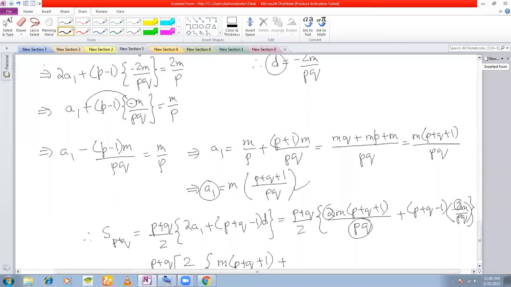Made a sign mistake. The small error that I have made here is this should be P minus 1. See here, this is P minus 1 here, right? So that is why this should also be, okay. So now we have rectified the error. This is P minus 1 and this is minus M. So this becomes P plus Q minus 1 here. This sign is minus.